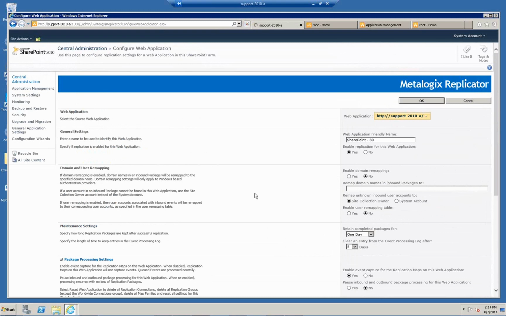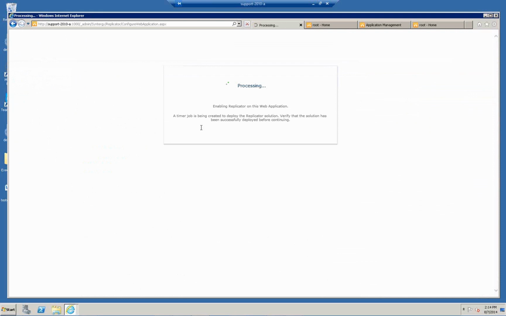timer job gets set, and that basically is going to go out and put all the bits in place that are needed for Replicator to work on that web application. It's going to create a couple of virtual directories, which I talked about in my previous quick take about installing Replicator, and it's just going to run through that, deploy some solutions, and create some virtual directories. Okay. So while we're waiting for that side, what I'll do is I'll go over to this other